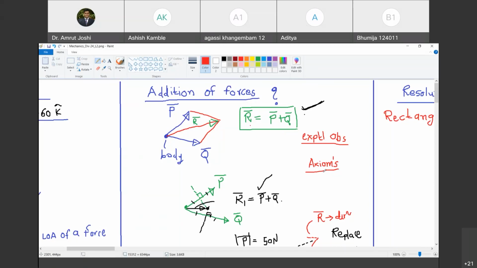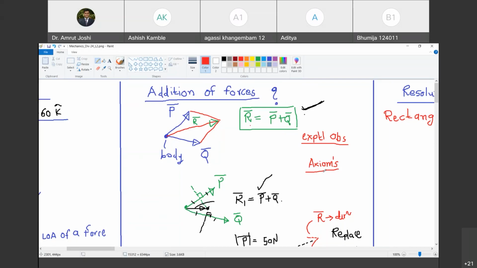What is Newton's second law? Tell me. The algebraic sum of all the forces acting in a particular direction must be equal to the rate of change of momentum of that body in that direction. किसने बताया? How do you know? Only through experiments. Are you with me? Yes, sir. Newton's third law: every action has an equal and opposite reaction. किसने बताया? Experiments. So all Newton's three laws are axioms. The law of addition of forces, that is the parallelogram law of addition of forces, is another axiom. तो कितने हुए? Total axioms 4 हुए. Are you with me? Yes, sir.